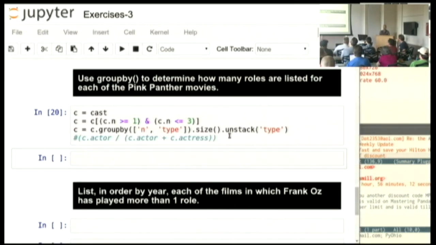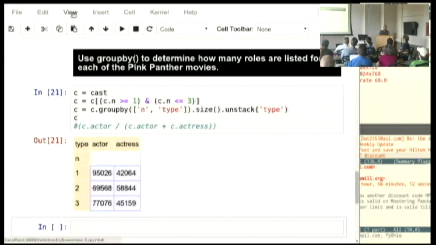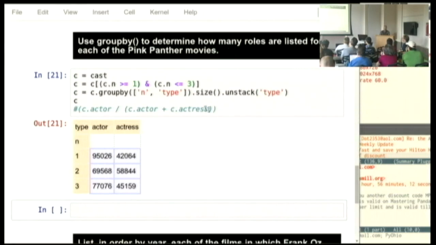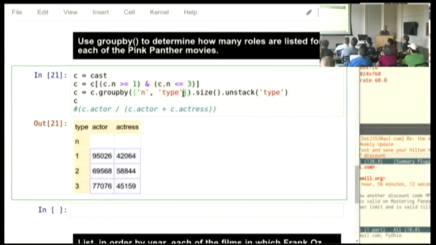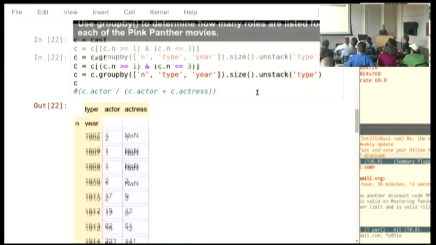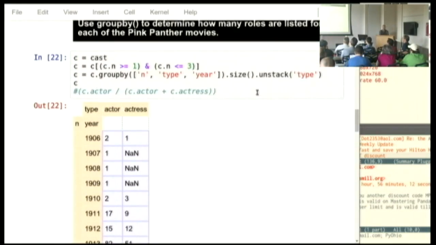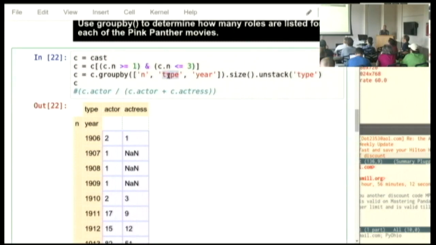For a second, I'm like, wow, this is taking a long time. Why did nothing print out? Because I didn't tell it to. Oh, I didn't get what I wanted because, of course, I've lost data here. I only asked for 2 things, but if I'm going to do this over the history of film, I also want the year. So here we have it. For every year of film, under year, we have how many leading roles there were. And it'll look more natural to me if I actually do this in the opposite order just for fun. Well, I can switch it around later.